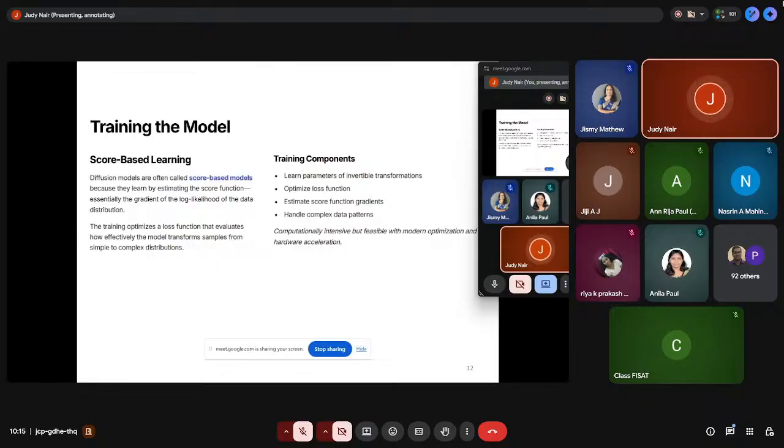So for training, we make the system efficient at predicting how much noise there is at each time step. Sometimes it can also be used for predicting how much information there is the other way. Here, the model is learning the parameters of this invertible transformation. As with any model, there will be a loss function, so it becomes a normal regression problem where you optimize the loss function. If it is score-based, we calculate the score function gradients, or it could be another probabilistic model. We make it an optimization problem where we optimize the loss function.